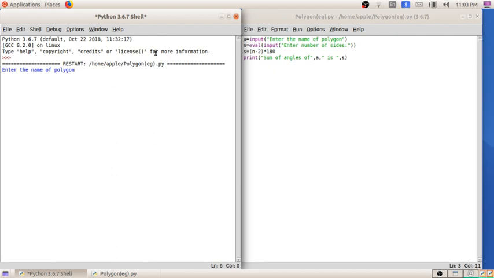So after the computer asked the question, enter the name of polygon, here I am typing triangle, enter. Next it asked, enter the number of sides. Why is it eval of input? Because I'm going to give digits, numbers. So for triangle it is 3 sides. So first we have given the name of the polygon, triangle. Next we have given the number of sides. After clicking enter,